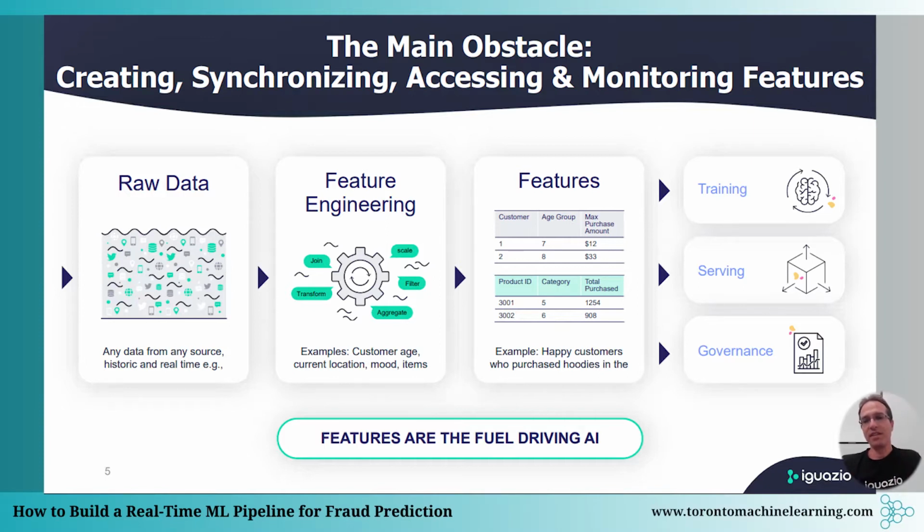So at the end of the day, you create features, and those features could be static features like age and address and things along those lines, but they can also be dynamic features, to calculate the average amount of transaction in the last 5 minutes or last hour, and so on and so forth. And those features need to be available for both training and for the serving.